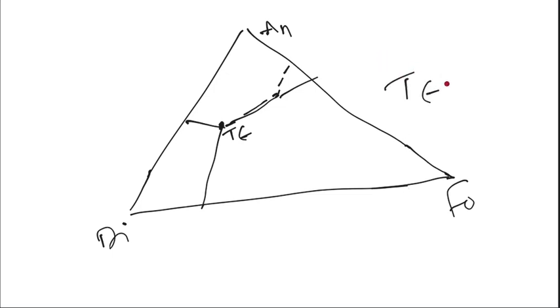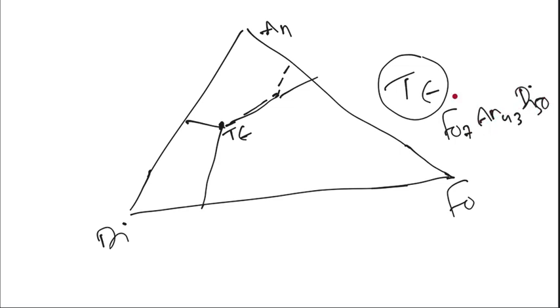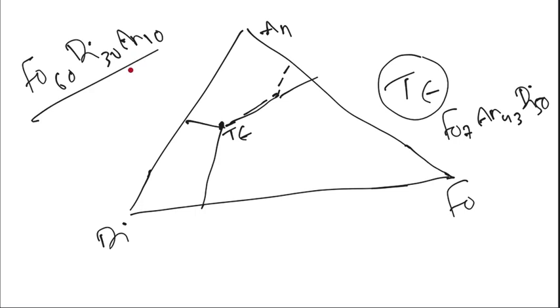टर्नरी यूटेक्टिक कंपोजिशन नहीं, जो हुआ तुम्हारा फॉस्फराइड 7, अनोथाइड 43 एंड डाइऑक्साइड 50. Okay, irrespective of composition, the first melt produced will be this, and the melting, isothermal melting will go on until and unless one phase is completely consumed. So I am taking the initial solid as the same. Okay, phosphate 60, dioxide 30, अनोथाइड 10 को ही मैं इनिशियल सॉलिड के हिसाब से ले रहा हूं, इसको ही मैंने मेल्ट करना स्टार्ट किया।